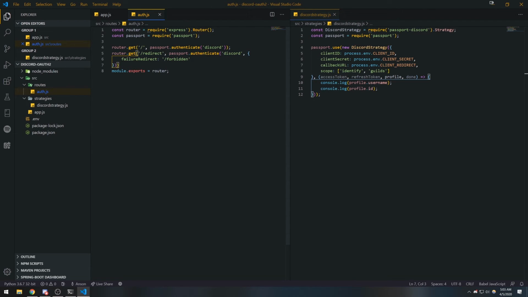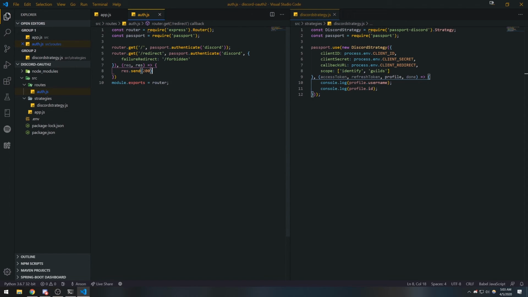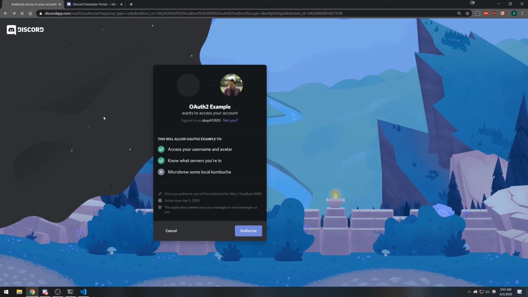And then we're going to need a callback function. So if that's the case, we're going to just do send 200, or yeah, 200 should be good. Okay, so now if I go ahead and go back here,